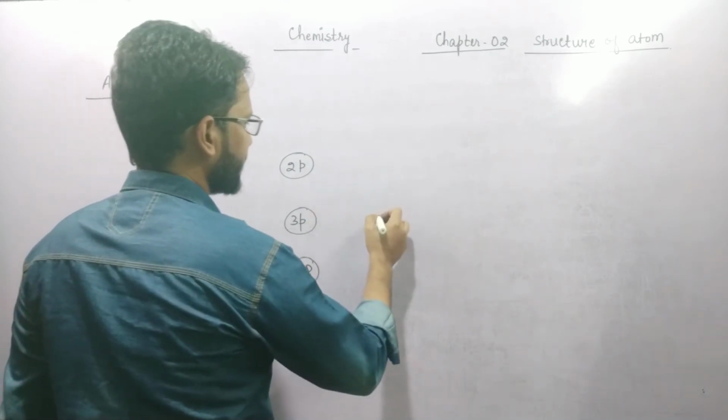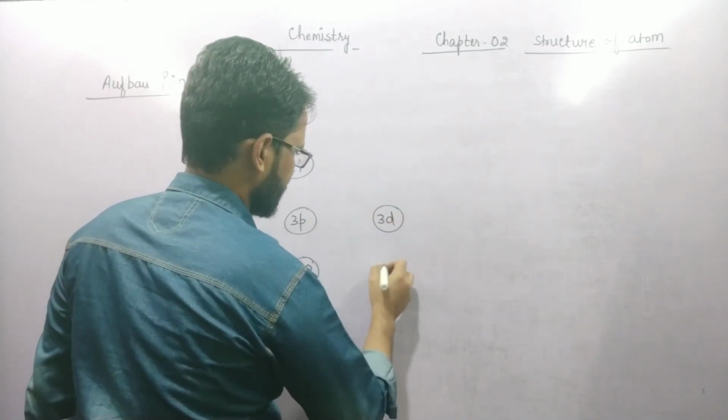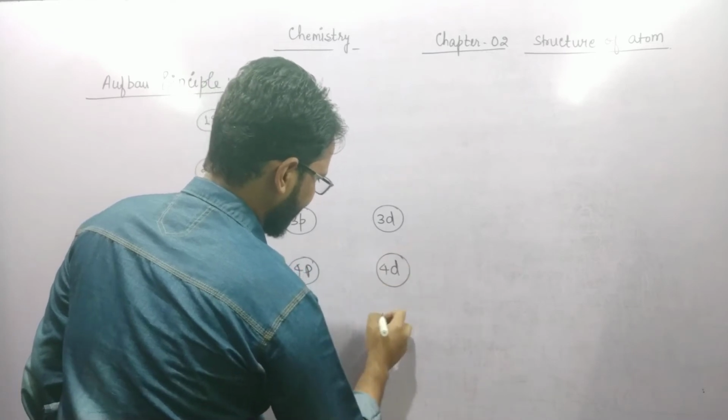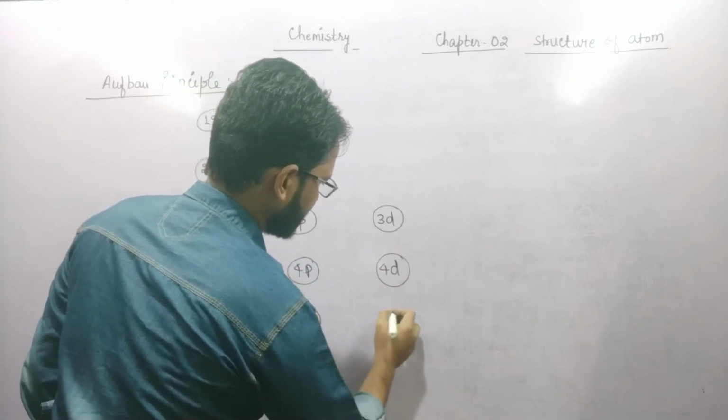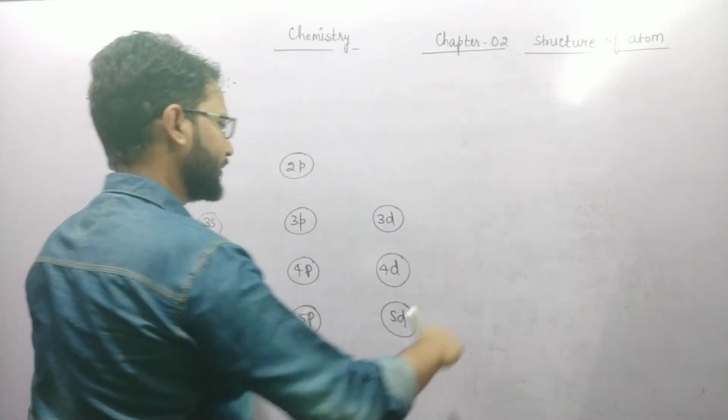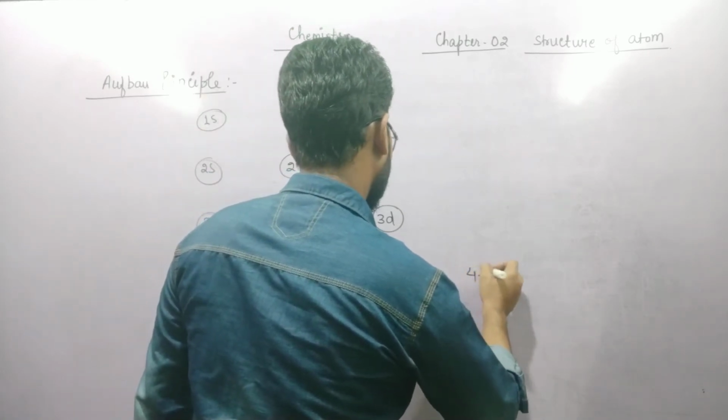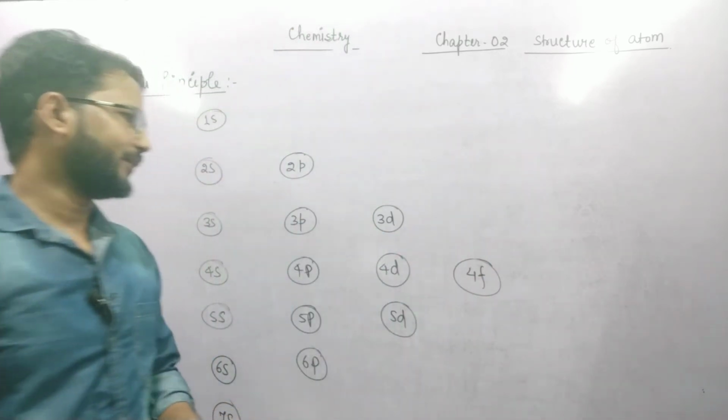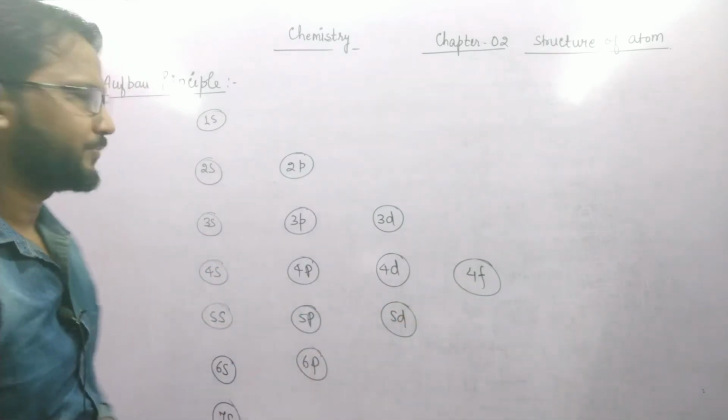d starts from 3d, 4d and 5d. The f orbital starts only from 4, so we represent here 4f. Is it clear? Now see